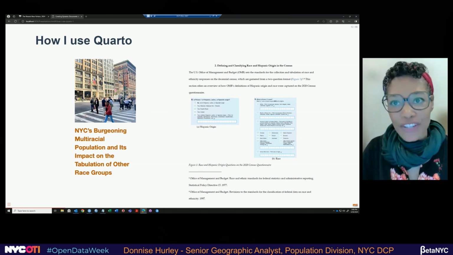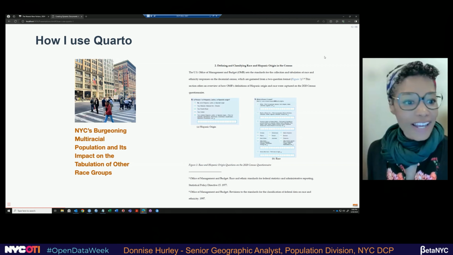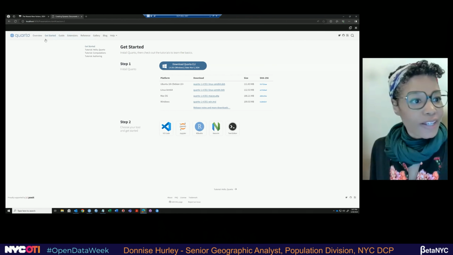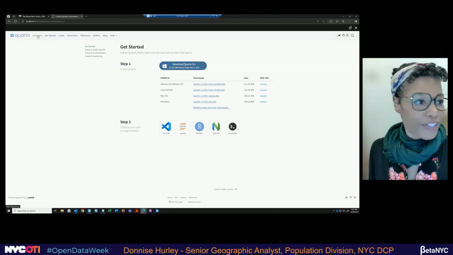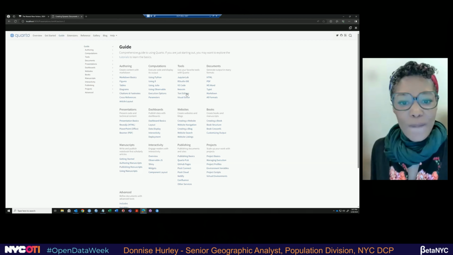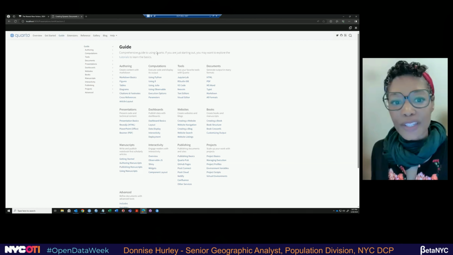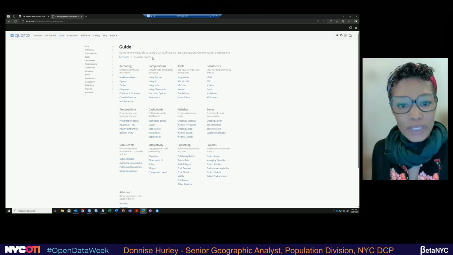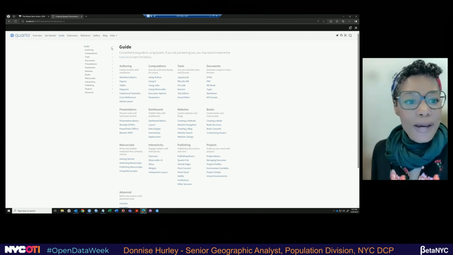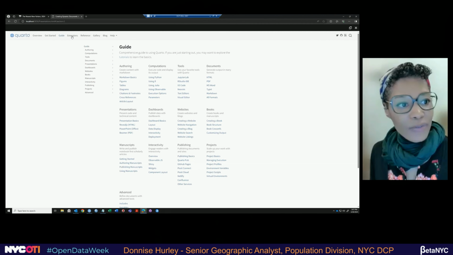I learned by just trial and error, just seeing how things work. But Quarto has a great, actually, I'm just going to navigate to their site here. You can find a lot of guides if you go to quarto.com. If you can still see my screen, there's a lot of basics in here just to get you started. I find that the language is quite intuitive, so once you learn the basics, you can build on that to customize it. Starting here with their guide is a great way to get started with Quarto.